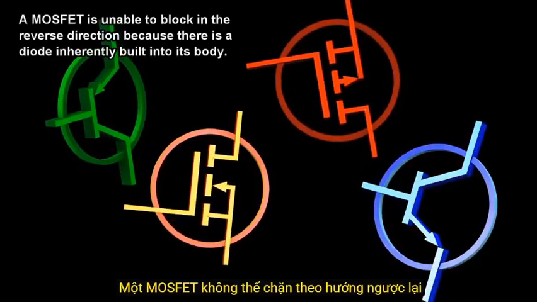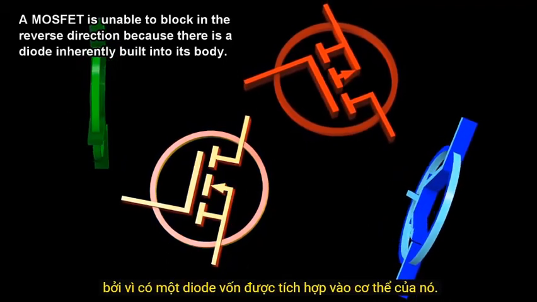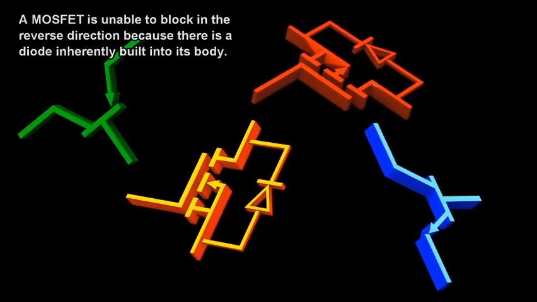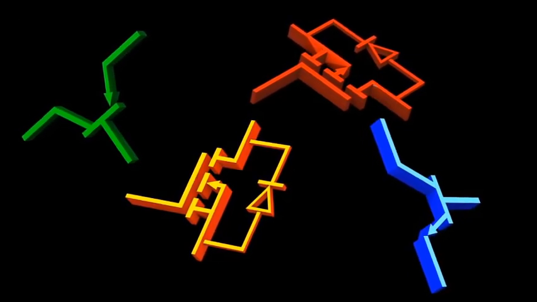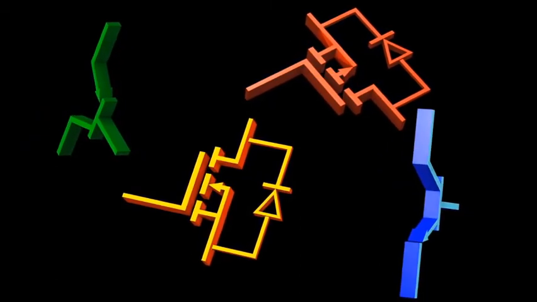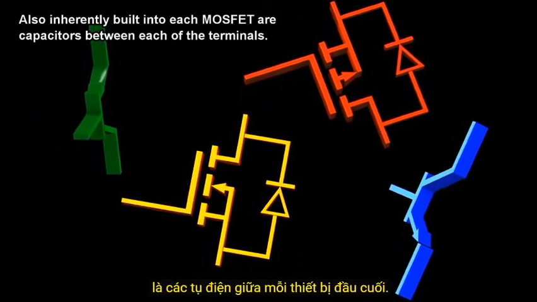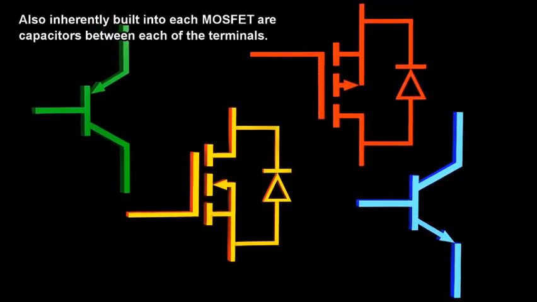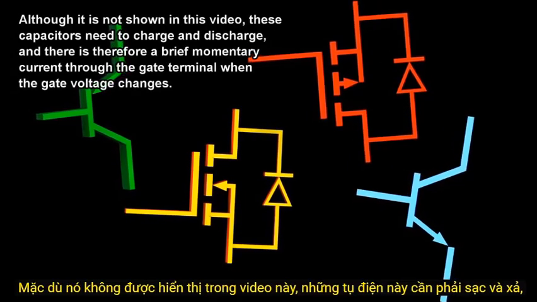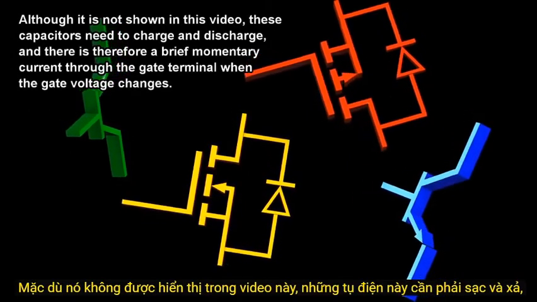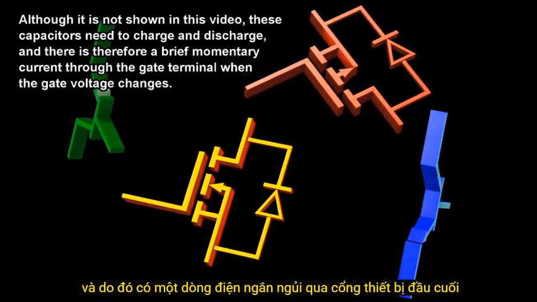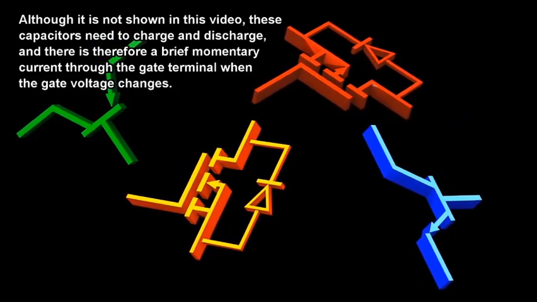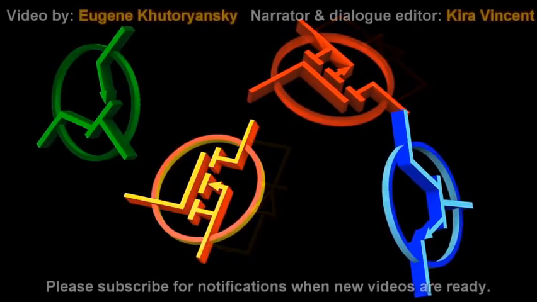A MOSFET is unable to block in the reverse direction because there is a diode inherently built into its body. Also inherently built into each MOSFET are capacitors between each of the terminals. Although it's not shown in this video, these capacitors need to charge and discharge, and there is therefore a brief momentary current through the gate terminal when the gate voltage changes. Much more